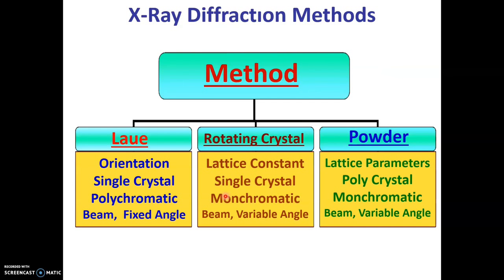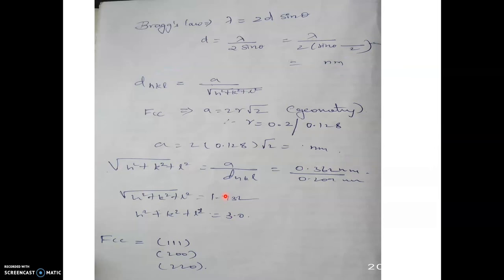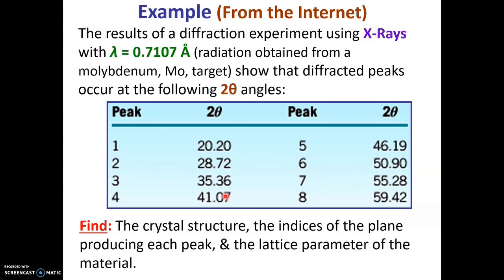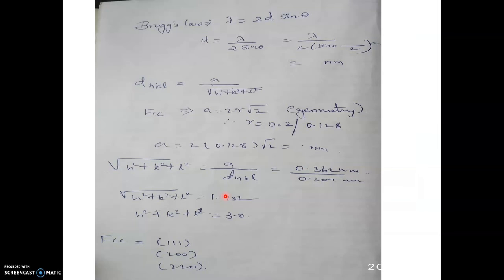From Bragg's law, we know that n lambda is equal to 2d sine theta. So the order of reflection will be given in a sample. When they give the spectrum result or the peak values, they will give the order of reflection. Lambda is the wavelength range they have used, between 0.1 to 10 nanometer scale of the X-ray range. And this d value we need to find from this formula, that is d is equal to lambda divided by 2 sine theta.